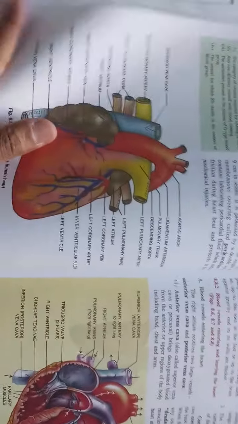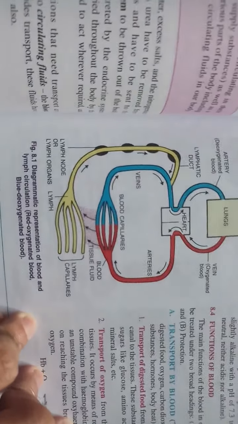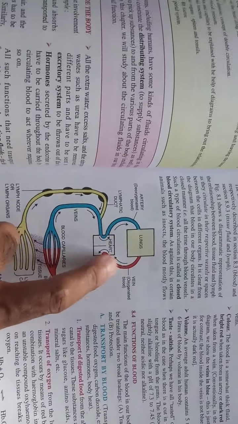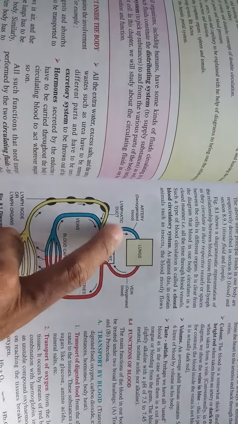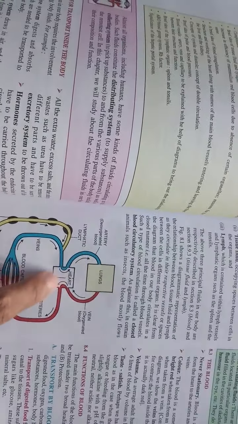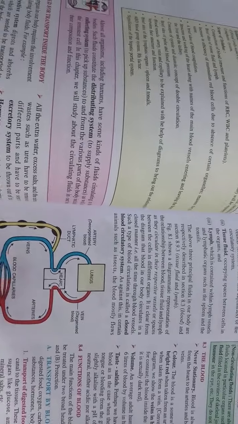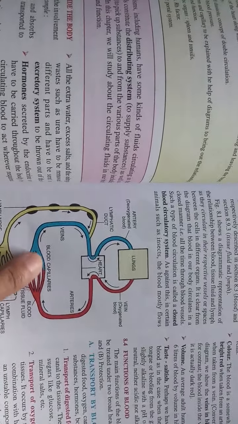If you take a look at the previous diagram on the previous pages, let me turn the pages and let's just recap. Take a look at this. Can you see this structure here? Right. So this is called a closed system because this is the vein and this is called the artery. The vessel leaving the heart is called an artery, the vessel coming back to the heart is called a vein, and they are coming together at one particular place.